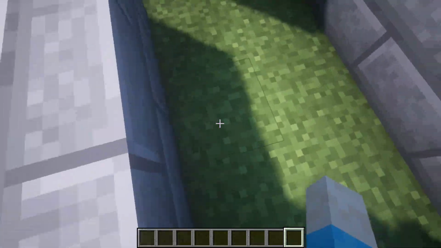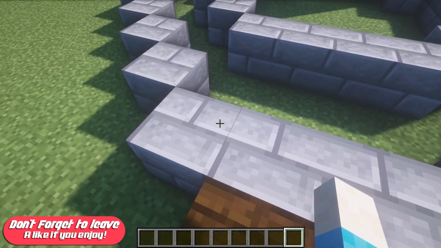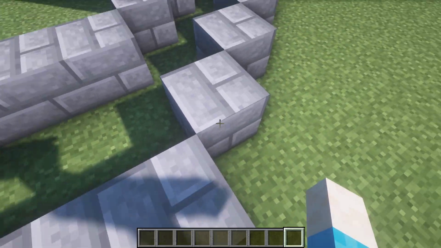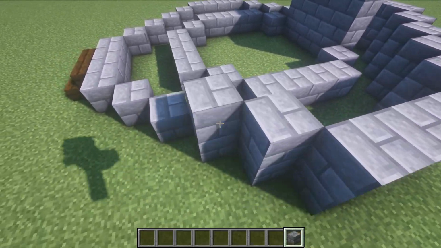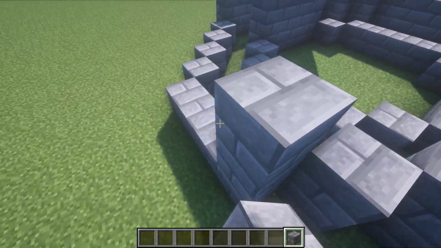From there, just come out by 2 here, so then you'll get this part here, and then you build 1, 2, 3, 4, then you go diagonally 1, 2, 3, 4, and then 1, 2, 3, 4, and 1, 2, 3, 4. Basically do that all the way around, and you want this wall to be 2 high, so it'll be like this. Let's get that all the way around. There we are. So this is now going to be 2 high,